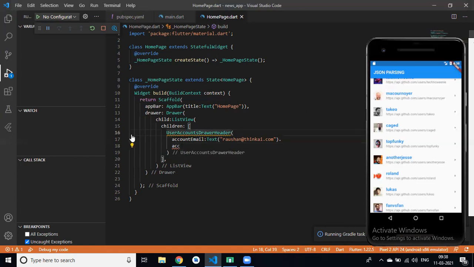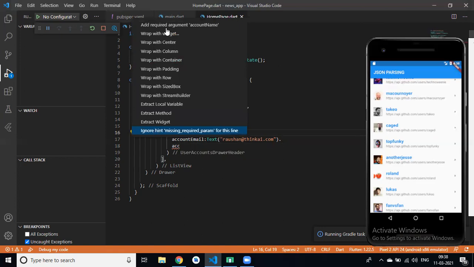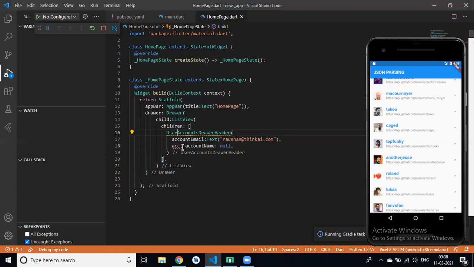If I hover over this and add the required parameter, this is our account name. Put a comma here, and a semicolon.